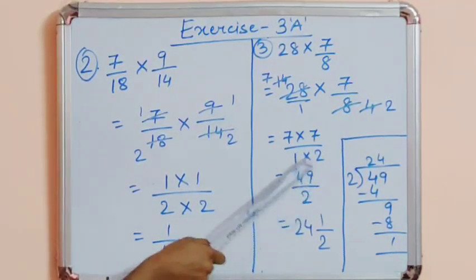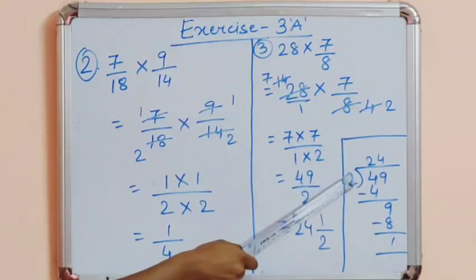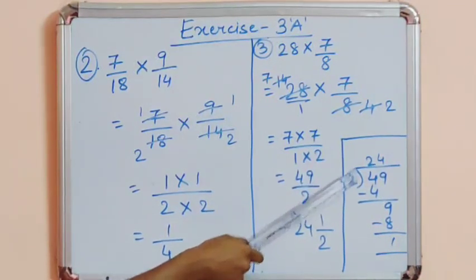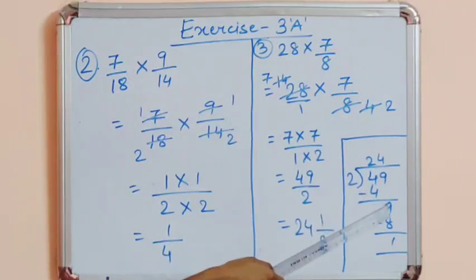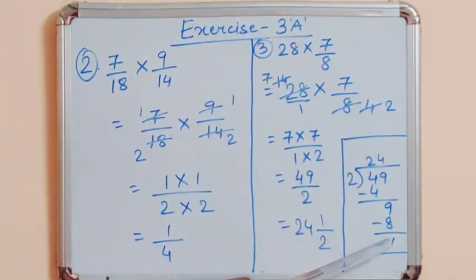So if you see this is an improper fraction. So we cannot leave our answer in improper fraction. We have to convert this into mixed fraction. How do we convert this? We simply have to divide these two. So if you divide 49 by 2, you will get 2 2s are 4 and then this 9 will come down, 2 4s are 8. So 1 is the remainder. So this quotient will come here as a whole number and the remainder and the divisor will make up your fraction part. So 24 1 by 2 is your mixed fraction. 24 1 by 2. So this will be your answer.